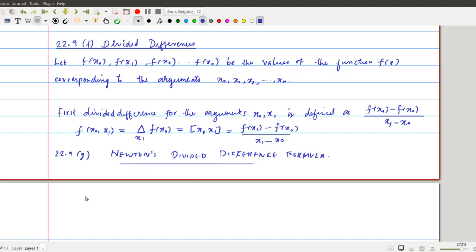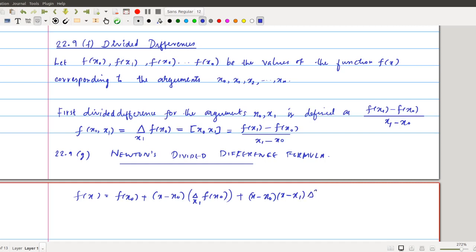This is f of x equal to f of x naught plus x minus x naught delta x1 f of x naught. So this is f of x1 minus f of x naught divided by x1 minus x naught. So that is the symbol here, and the next term will be x minus x naught into x minus x1